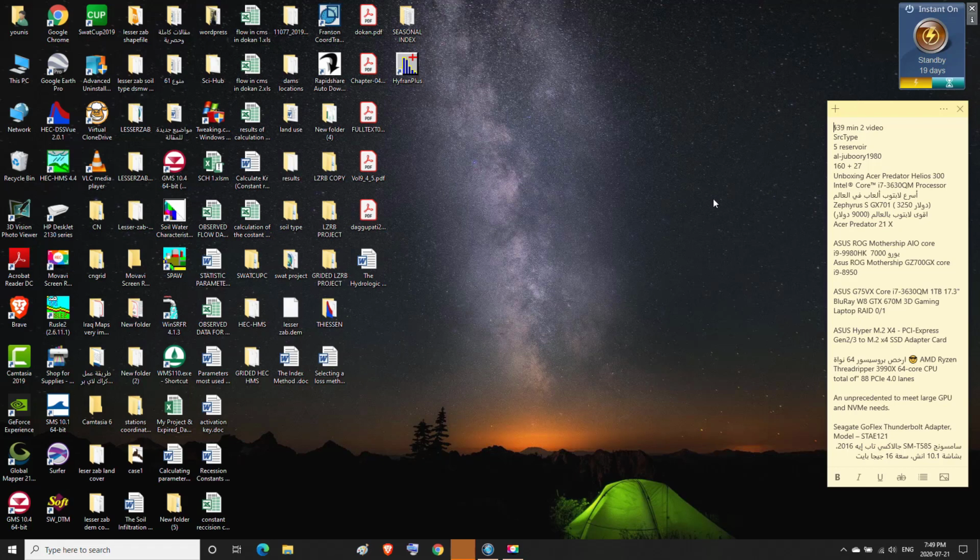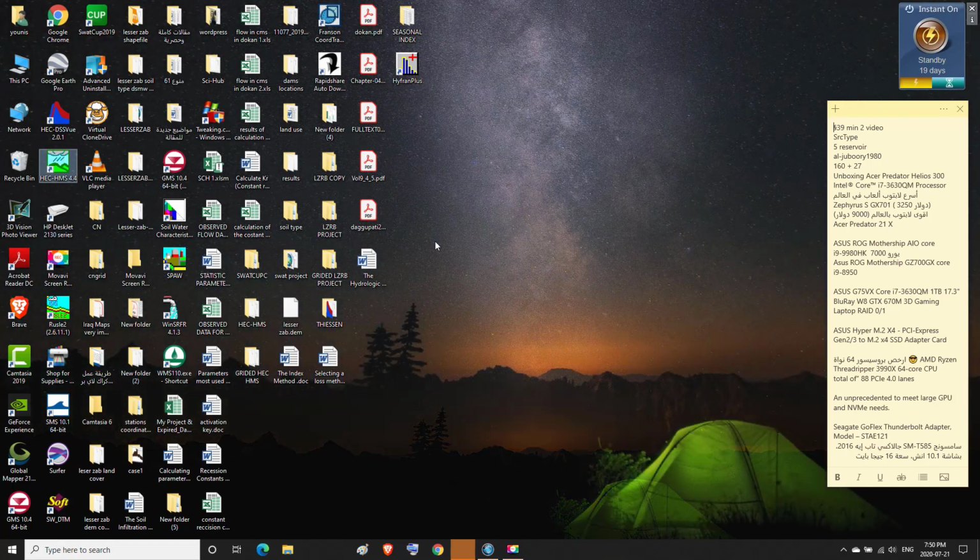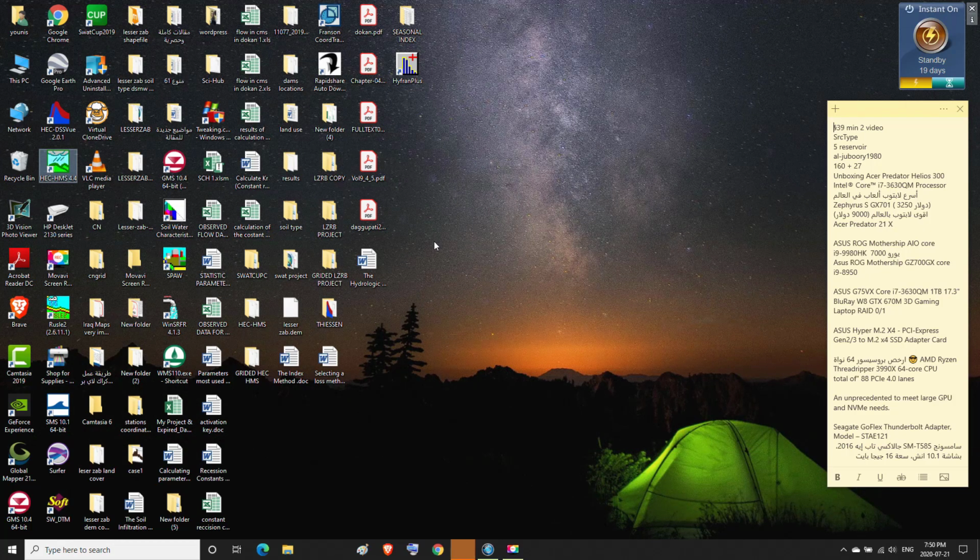In this part and the next parts, we will conduct the hydrologic modeling using the HEC-HMS program, or Hydrologic Engineering Center Hydrologic Modeling System, using the input file prepared in advance by HEC-GeoHMS in ArcMap, and the method of preparing it is explained in the previous parts of a category or within the playlist entitled HEC-GeoHMS, in which the input file was prepared with the HMS extension for the study area,